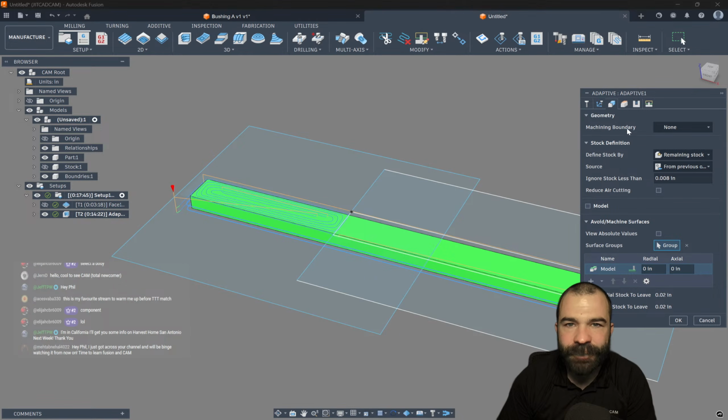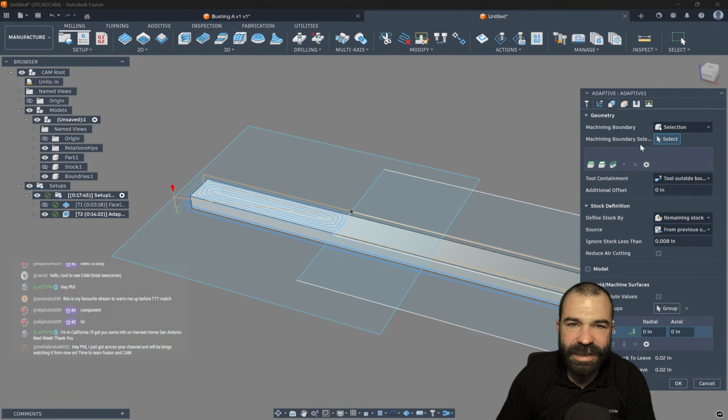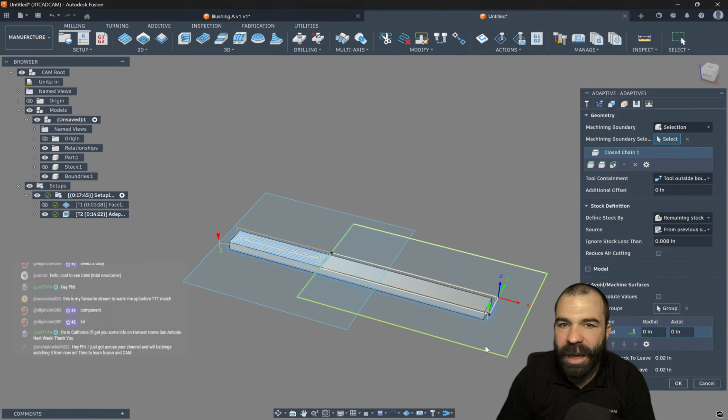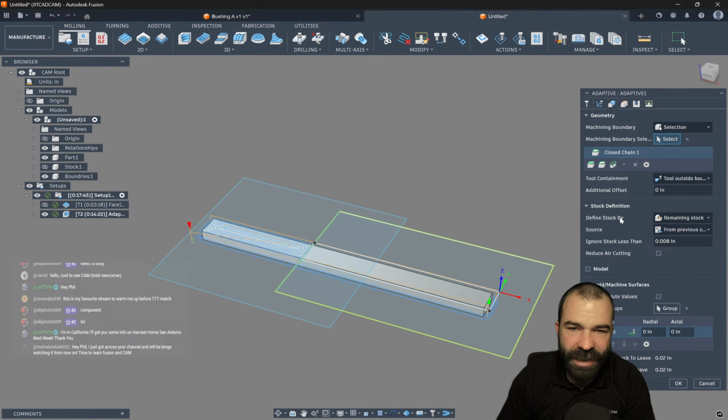We come back in here. I'm going to say a selected boundary, or I could actually use stock definition. So this is where there's a couple of tricks here that you may or may not know. We explain this quite well in other videos, but I need to say what I want to machine and where I want to machine from. So what I want to machine is going to be a selection. So we're going to stay within this window, and we are only going to machine whatever stock is left over. So this is where I could say tool inside the green boundary, but only machine where the physical material is